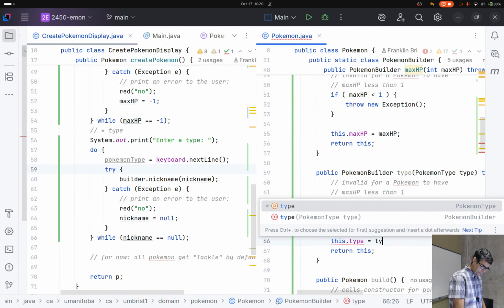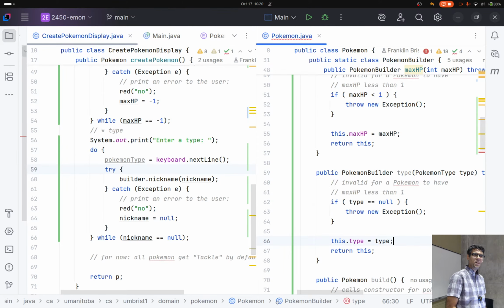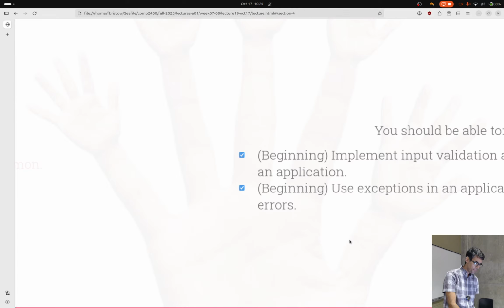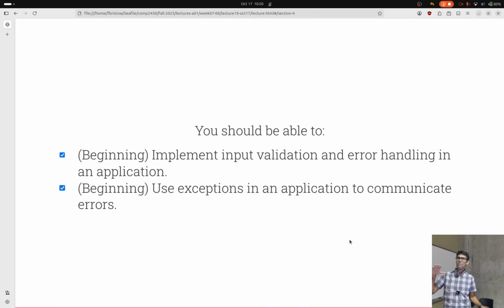And I'm going to stop typing after that word because it is now 10:20 and I don't want to keep you from your next class. I will promise to continue working on this on Monday. I'm going to make this compile and push these up to GitLab so you have a copy of what we've done in class today. But at this point, what you should be able to do is begin to do input validation and error handling, and begin to start using exceptions to communicate errors to